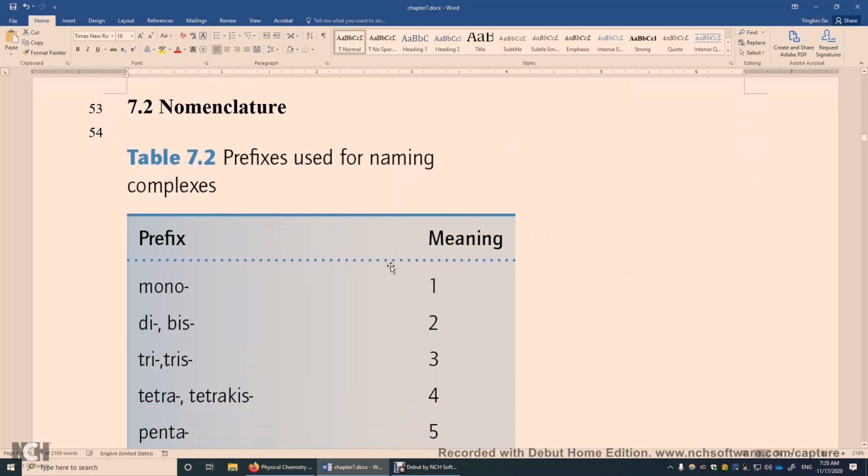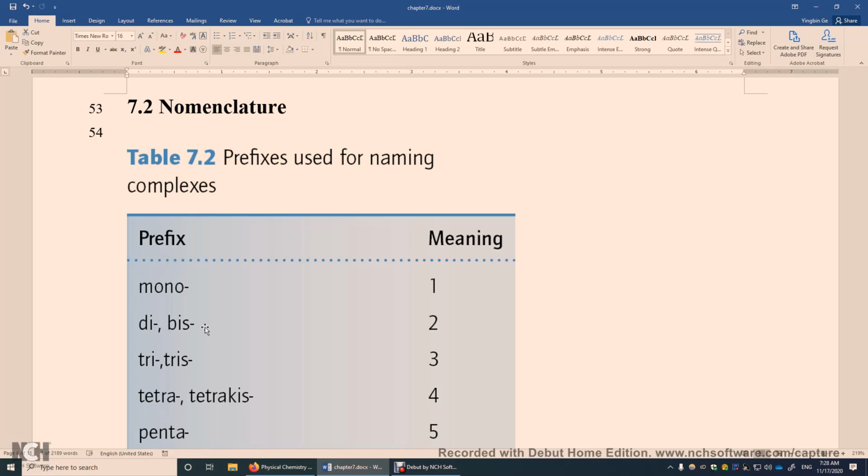When you have one ligand of the same kind, it's mono. But sometimes mono is omitted. All right? So if you have just one chlorido ligand, very often you just say chlorido. What if you have 2 chlorido ligands? Dichlorido. But if the ligand name is very complex, for example, if the ligand is diphenylphosphino,